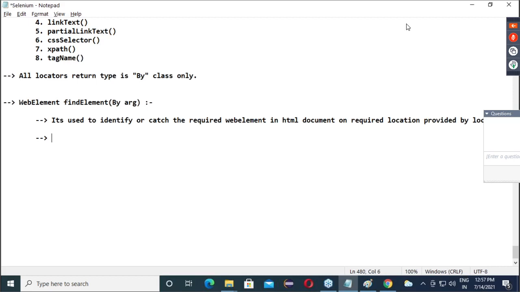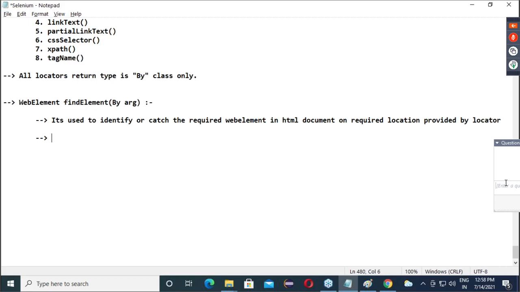Possible. So that's the reason it will not find all possible matches. It will find the first possible match. It first searches from the top level, and wherever it finds the first match, it gives it back.